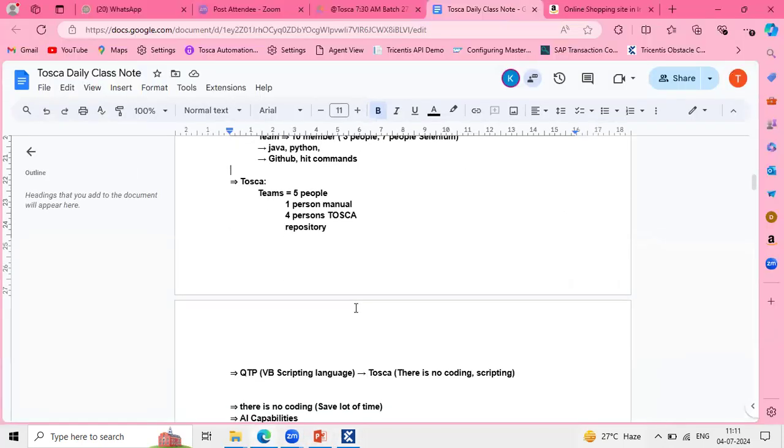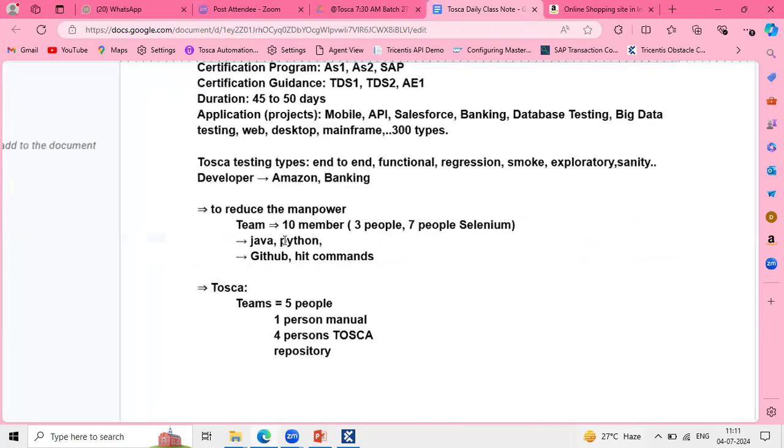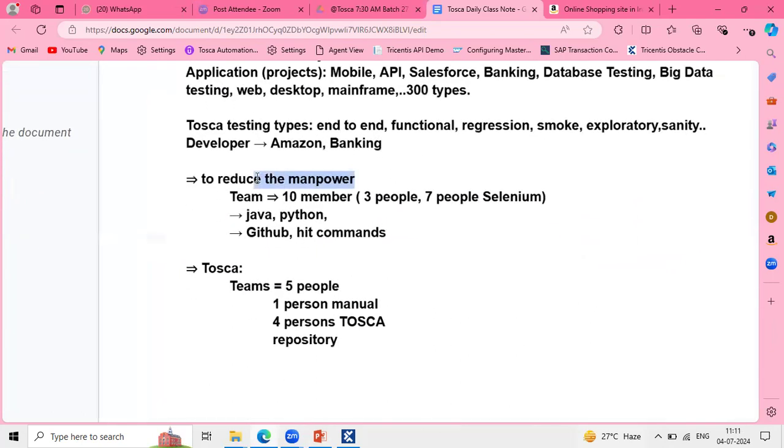Okay. So team, directly we are working in a Q-test Tosca repositories point of view only. So what exactly is the important thing here? Manpower. So we can reduce the manpower and improve the quality of the product, and we can even release within a short span of time. If you are planning to release some product to the client within 1 year, then within 11 months or 10 months we can release our product to the client. So even immediate releases we can expect without any delays, team. Because here there is no coding and we can automate n number of applications.